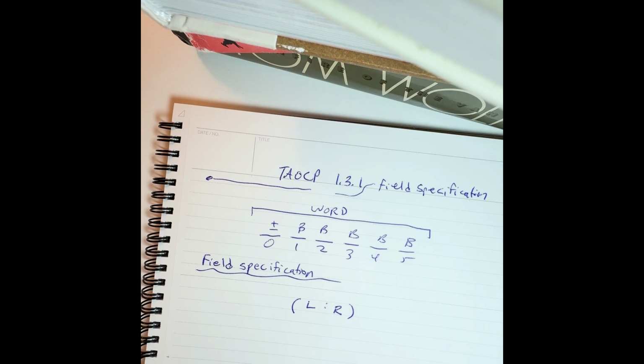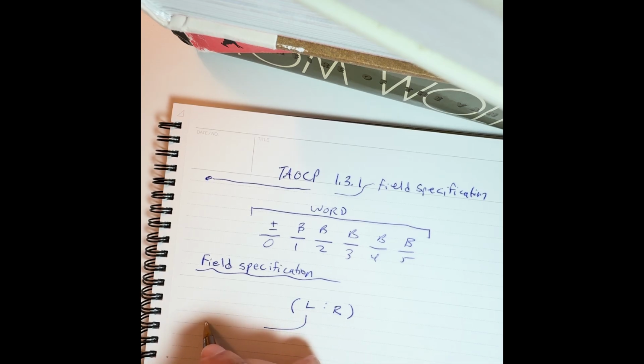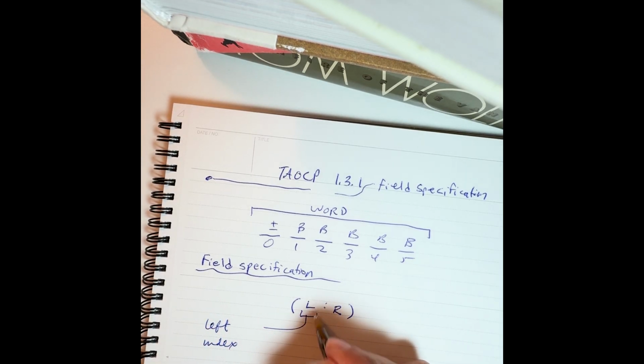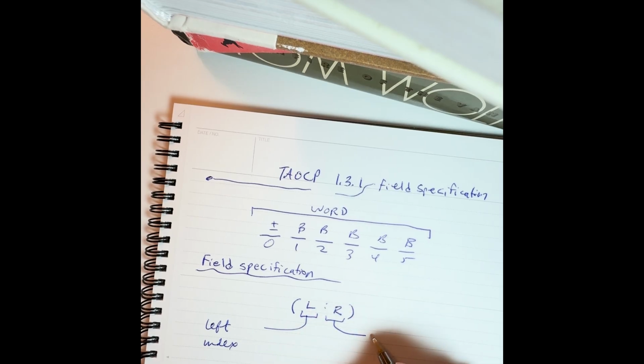And L is the number of the left-hand part. So this is the index. So I'll say that's the left index. And that's the right index. We'll get into some examples so we can see that very clearly. Examples of a field specification are,